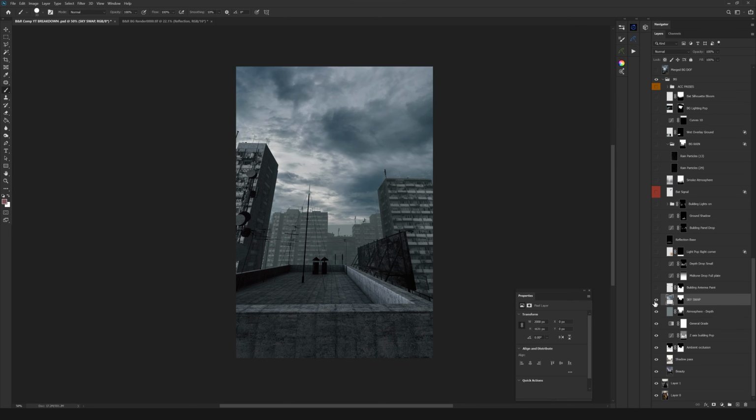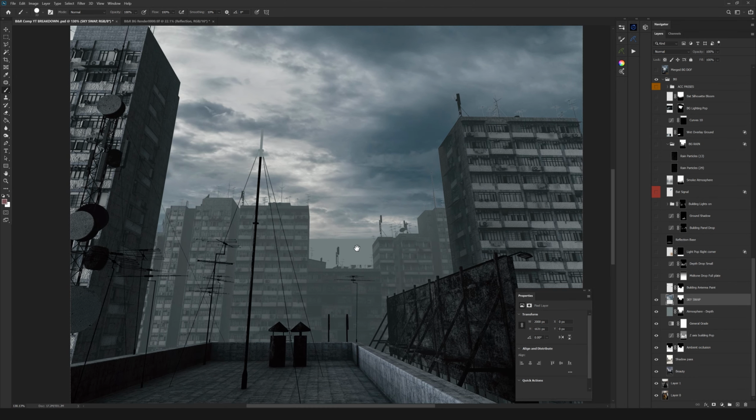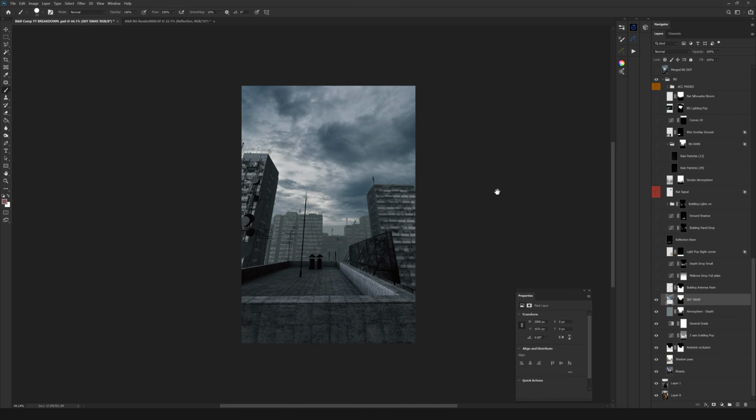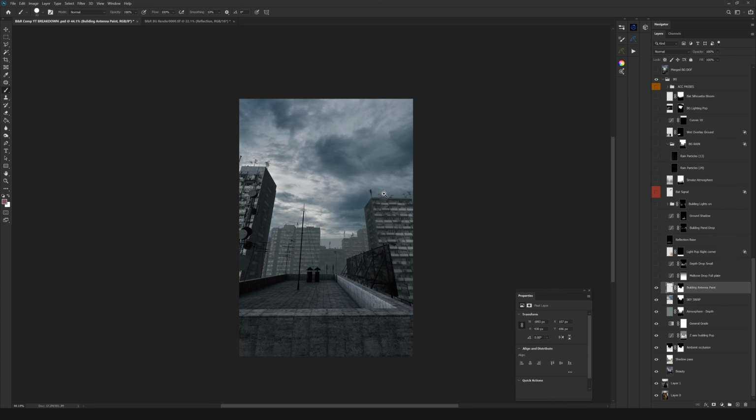Now, the sky swap is just a sky swap, and this is just about building from the background. What we're doing is building up layer by layer, and so we don't have our Batman and Robin in this composite yet, but you'll see that there's a few things that will be hidden once we get them there. So moving along up the stack here, we have the building antenna paint,